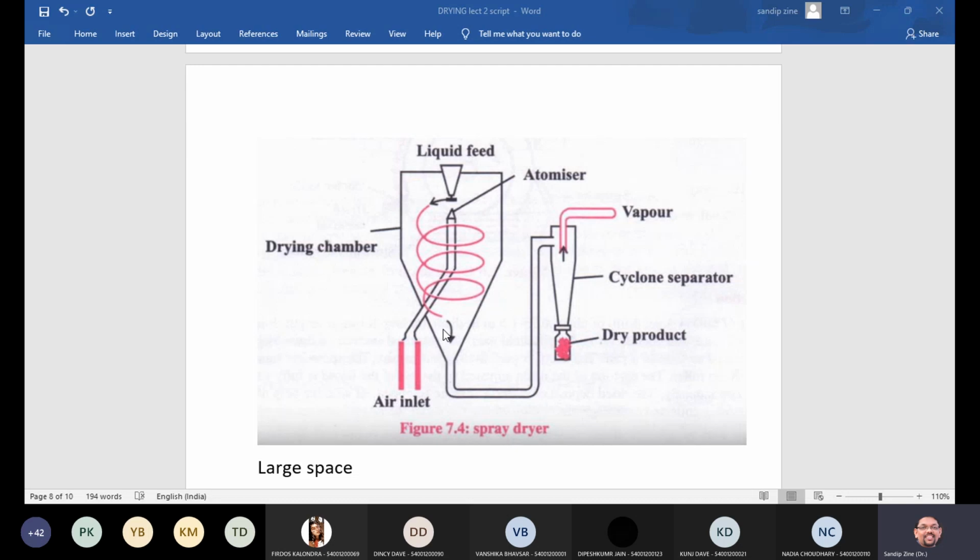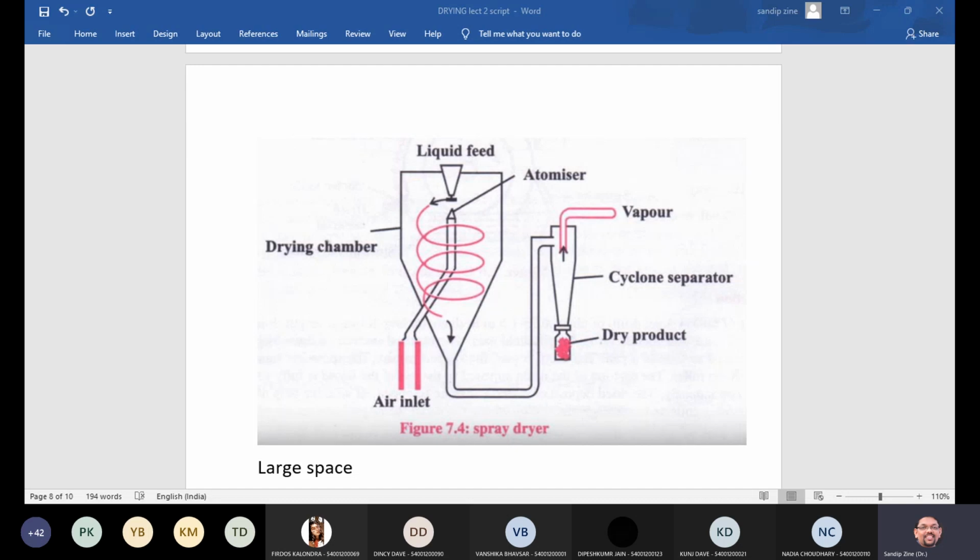So atomization may be achieved by means of single fluid or two fluid nozzles. Now here separate dryers are available, and configurations are different. Like a single SIM mobile, a double SIM mobile, isn't it? In mobiles also we are getting a lot of configurations. Similarly, here one single atomizer is there, or some dryers are available with two atomizers or three atomizers. So based on that, cost will vary. So we can mention that atomization may be achieved by means of single fluid or two fluid nozzles,